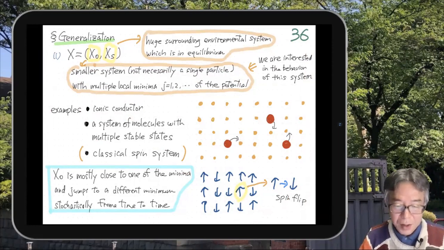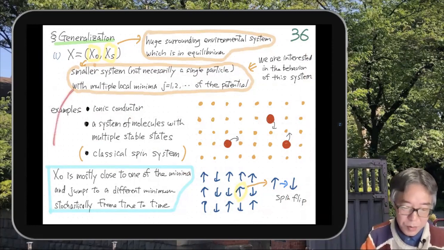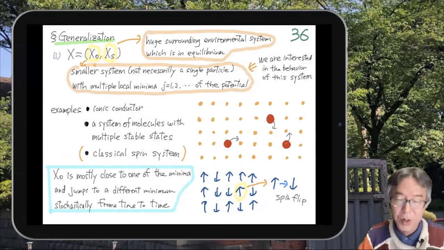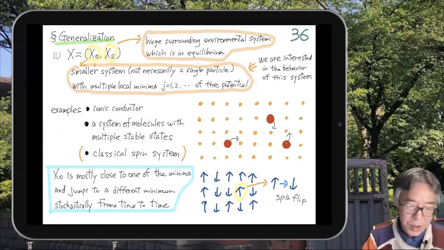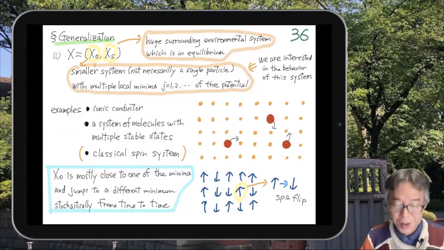To do that, this kind of system, which allows us to use a discrete description, is theoretically very suitable. It's very easy to study a system with discrete, almost stable states. So that's the reason we study this kind of system. Okay, I like spin systems, but